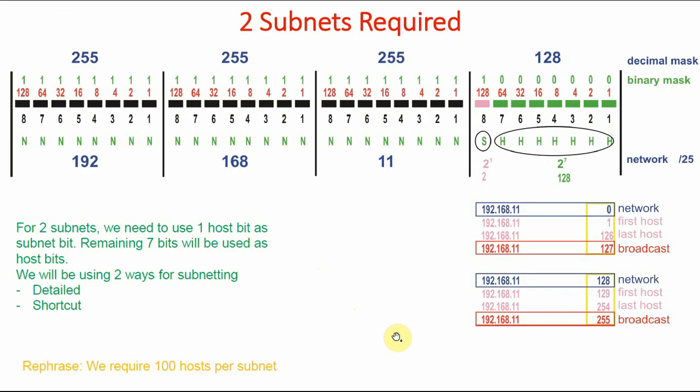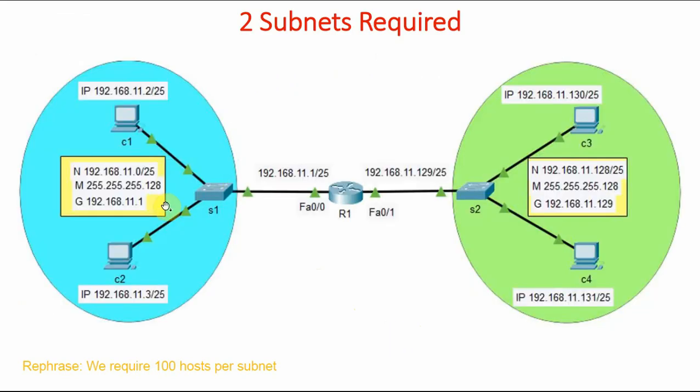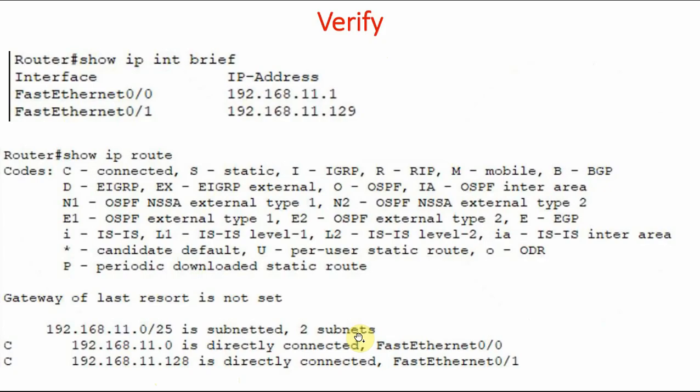That means 2 subnets are required. This is the network. We can rephrase this question as we require 100 hosts per subnet. And this is the command that we run, show IP interface brief. It is showing the addresses of the router, and when we run the command show IP route, it is showing that